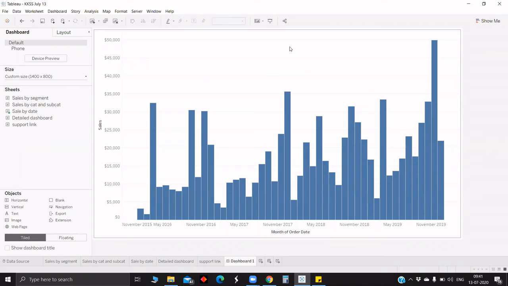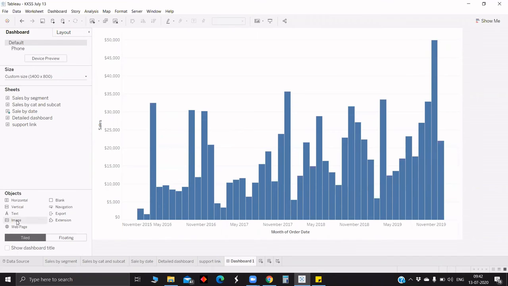So whichever size or view or device we change to, it will be presentable and it will be in the particular orientation which you have kept. But if we go for floating, the image will be disoriented here and there once we change from one size to another or one device to another. That's why we generally go with containers to put the views rather than going by float. Yeah. So next we have the image option.